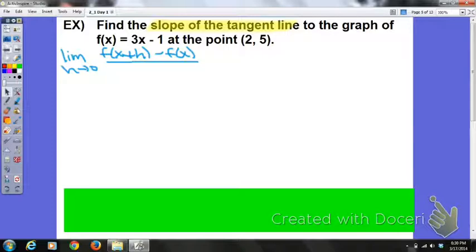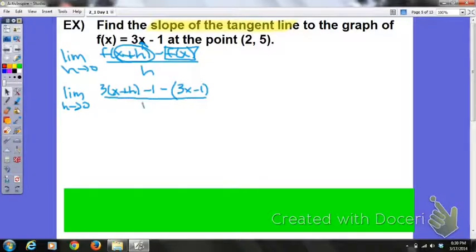all over h. Now in order to calculate the difference quotient, we need to take x plus h and plug it into our original function for x. So we now have the limit as h approaches 0 of 3 times the quantity x plus h minus 1. That's the plug of the x plus h into our original. Then I'm subtracting the original f of x function, so minus the quantity 3x minus 1